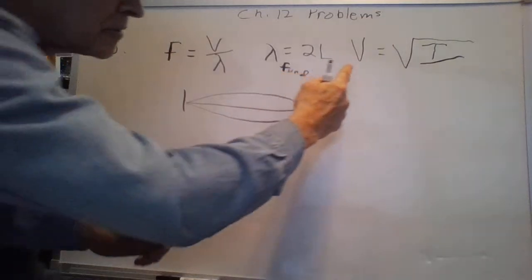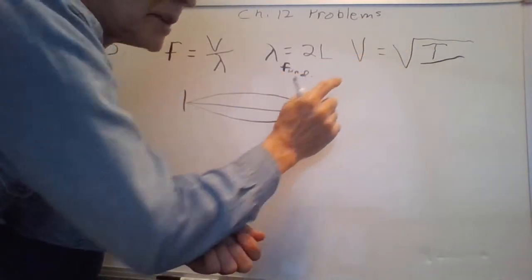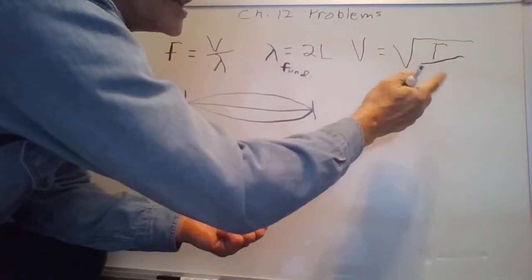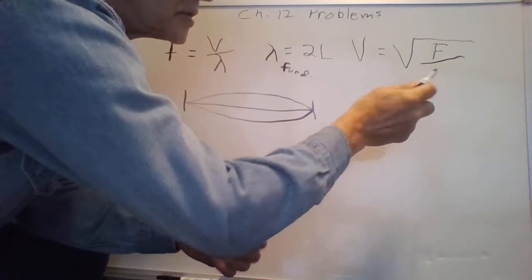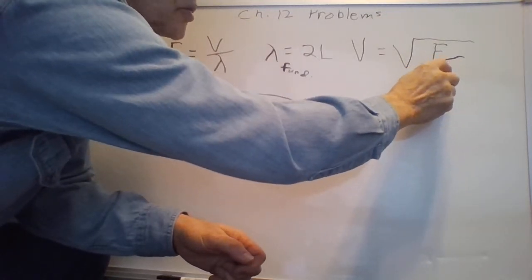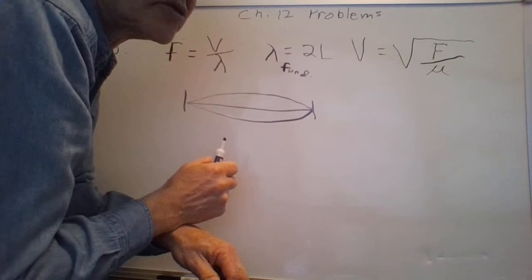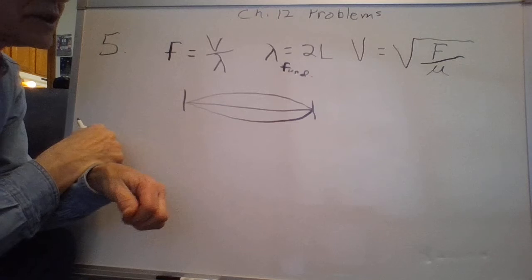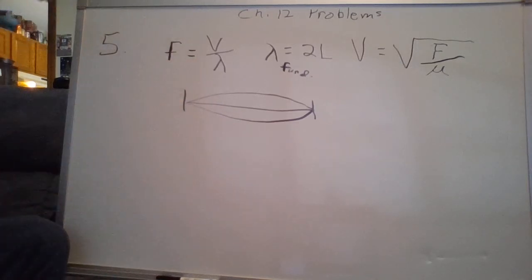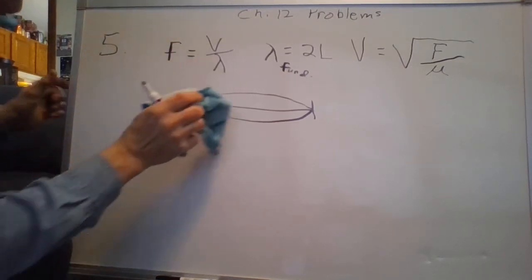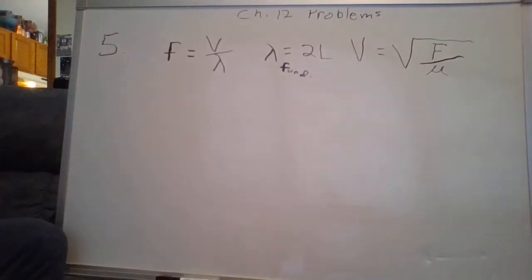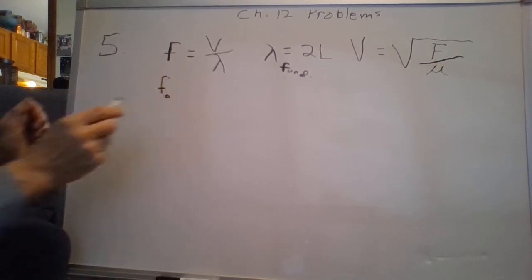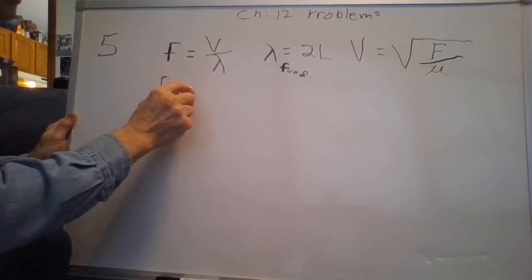So again, and then the last equation here, I didn't finish it. I was looking it up. Mersenne's equation, they use the symbol F for tension. F, of course, is force. And then they use the symbol mu for the density of the string, the density per unit length, or sometimes it's called the linear density. So these three equations together, we can talk about the fundamental frequency. Another way of symbol for that is f fundamental, or f sub 0, for original or fundamental.